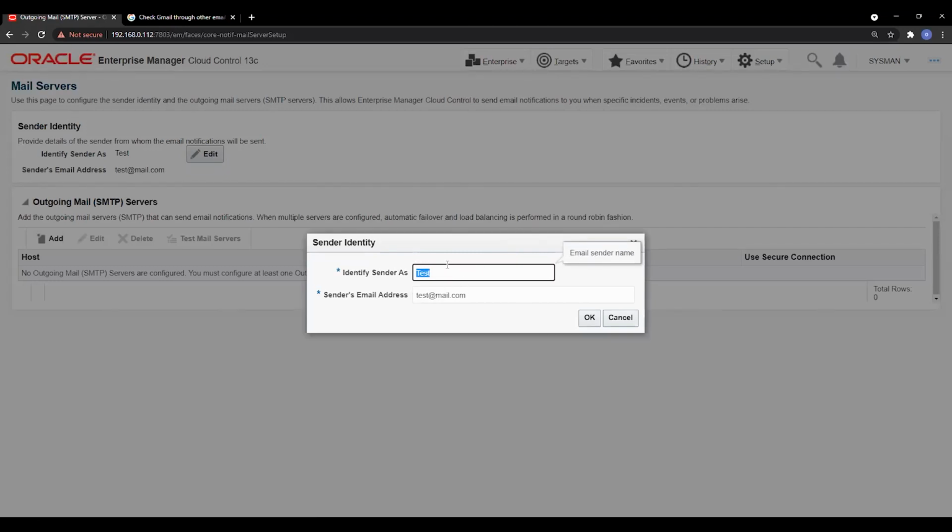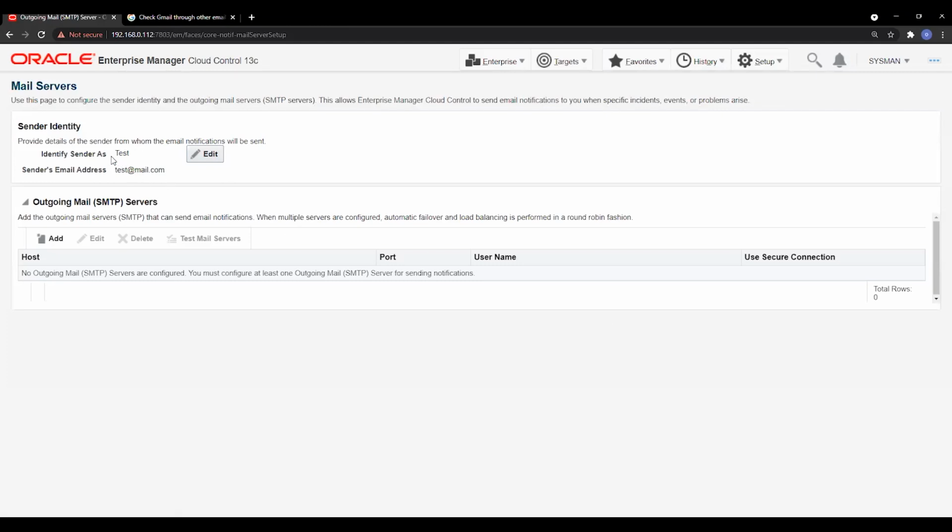Suppose there is some issue happening, this sender will be a person whose email ID we are going to use to send the mail. So in this case, I'll just mention the email ID of the person from whose email ID we are going to send the emails. This has to be part of the same mail group. I just mentioned the test here. I'll modify it for doing the testing later.